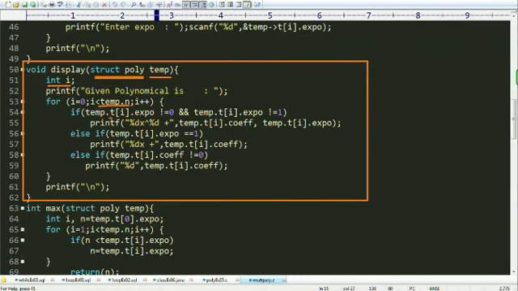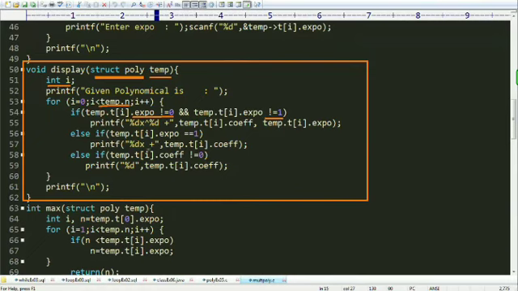First I'm checking that exponent is not equal to 0 and exponent is not equal to 1, because I need to represent the polynomial in its original form, like 5x cubed plus 2x plus 1, not adding an extra plus after some coefficient which does not have any exponent.